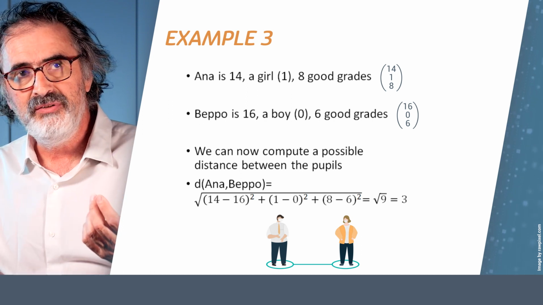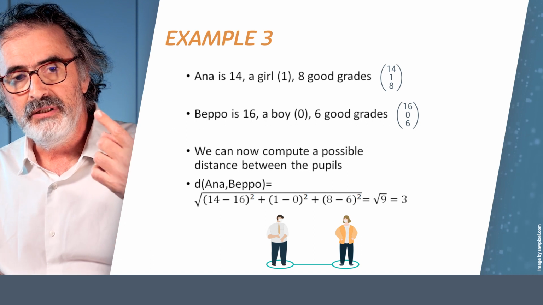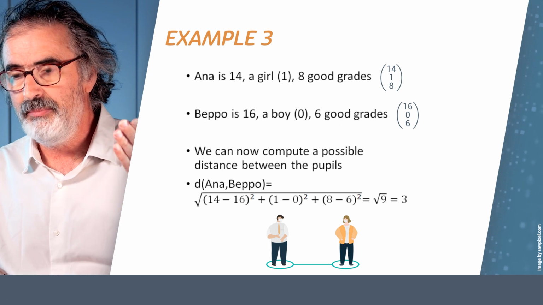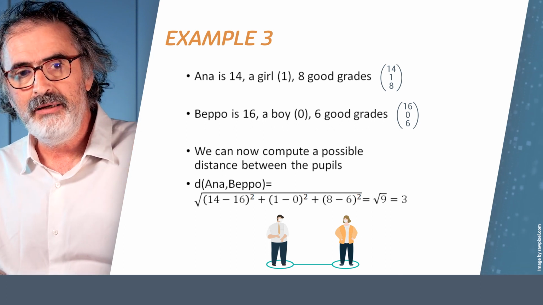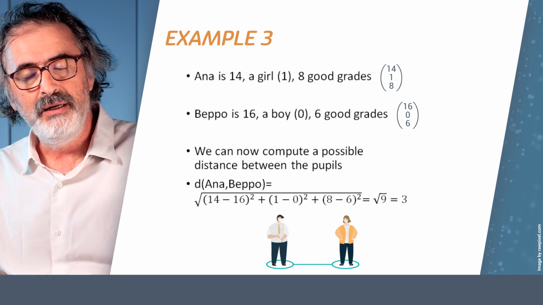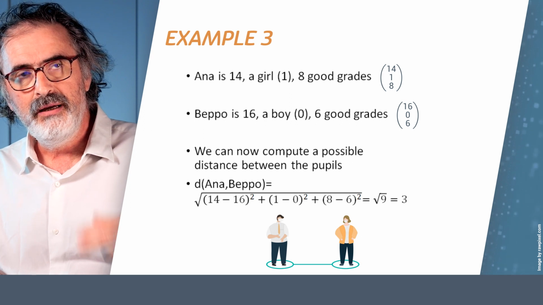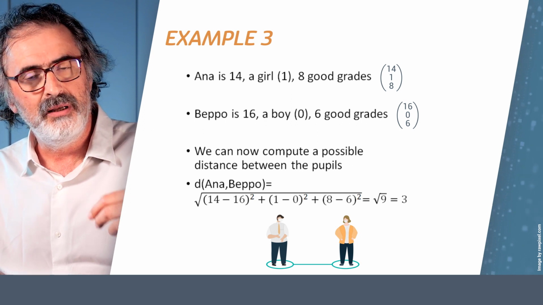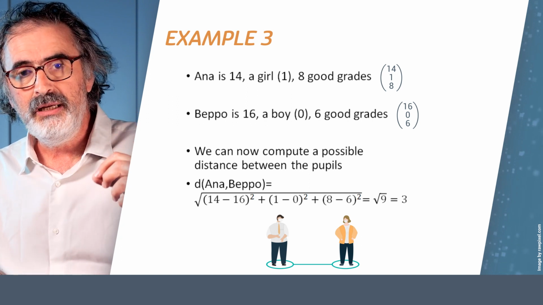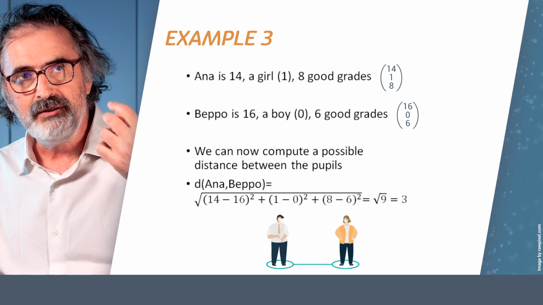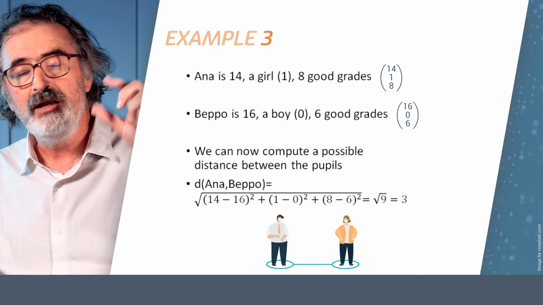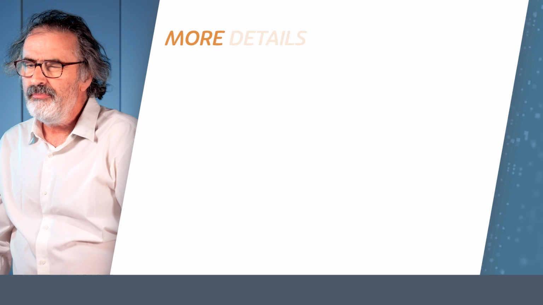And as in the previous example, I can now compute the distance between the 2 vectors, which actually is going to be, for us and for this application, the distance between Anna and Beppo. I'd compute this using exactly the same formula, and I obtain the result 3. 3 isn't the number of kilometers or the number of meters between these 2 children. 3 is just a number that has only got value when I've got other children and I need to do sort of 2-by-2 comparisons.